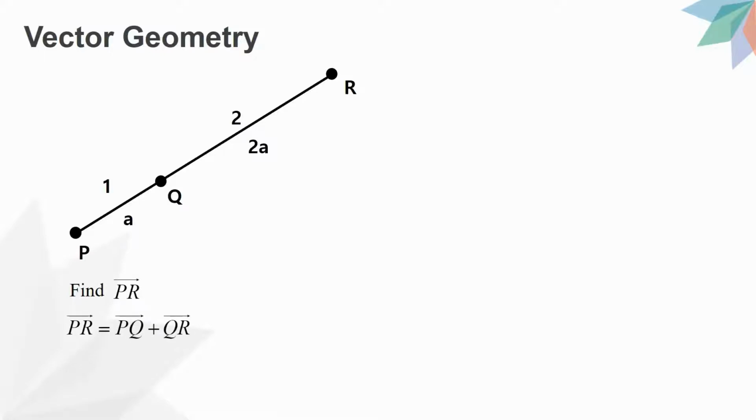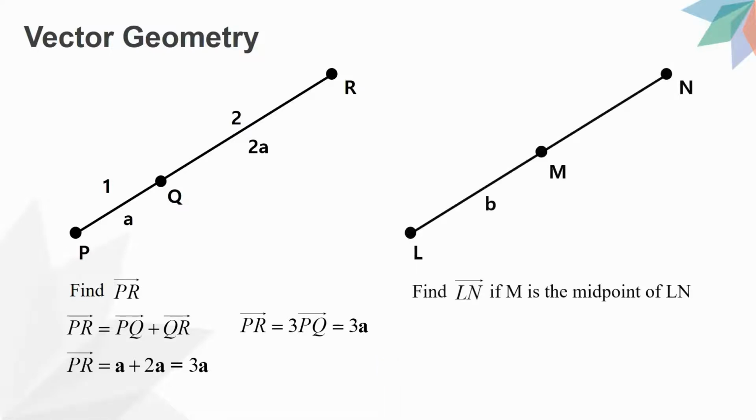And now let's look at how we can write PR. Now PR can be written as PQ plus QR. So by just substituting this, we can get PR is 3A. Or we can just write PR is 3 times PQ, which is 3A also. Alright. So the next thing,